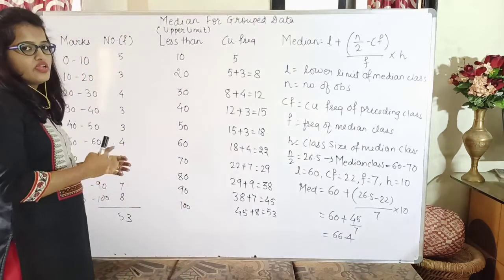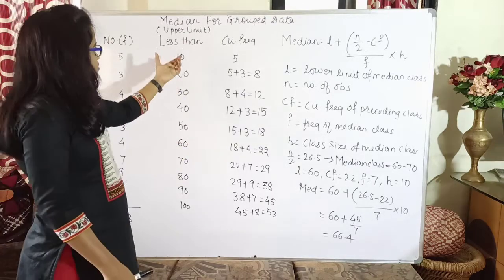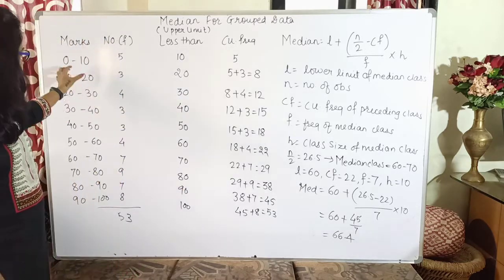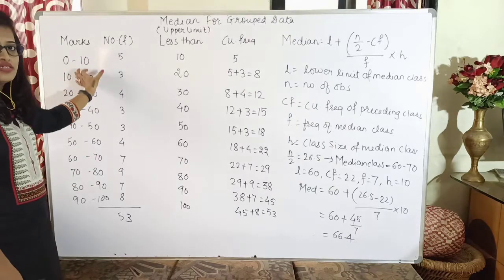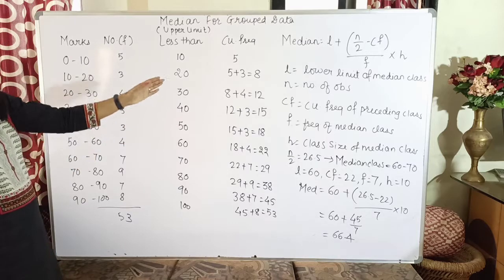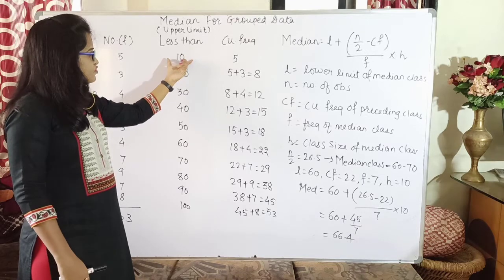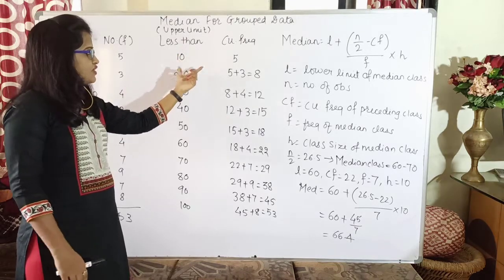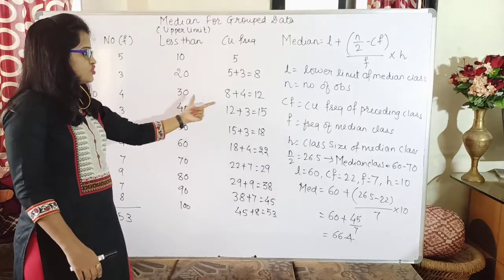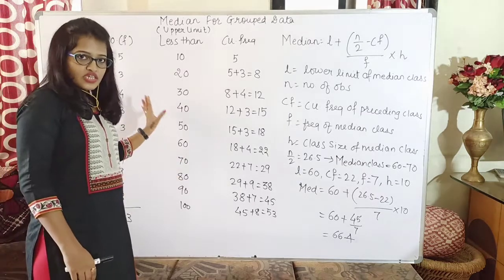Okay, so let us do a quick recap. First of all, we found the less than cumulative frequencies. As you can see, when you are considering less than, the values 10, 20, 30, 40 are nothing but the upper limits of the classes. And when we see the more than type, the values will be the lower limits of the classes. We will see that ahead. So we found the cumulative frequencies of less than type: less than 10, 5 students; less than 20, the initial 5 plus the frequency of this class; less than 30, the previous addition plus the frequency of this class, and so on. The final addition should be equal to the total frequency of the given observations.